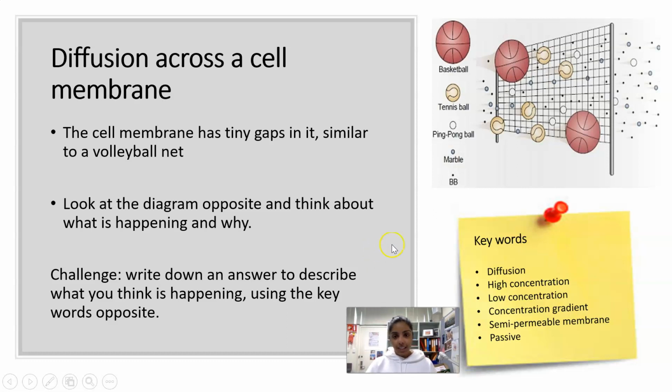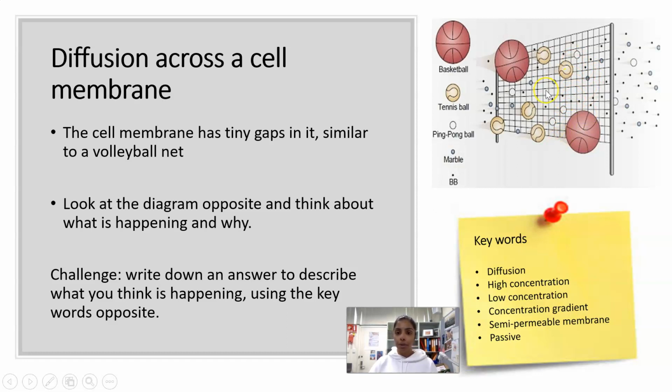So what we can see is this is modeling diffusion. Diffusion is the movement of particles from an area of high concentration to an area of lower concentration down a concentration gradient. This process is passive. That means that it doesn't require any energy. It just happens passively. And only small molecules can pass through because the membrane represented by the volleyball net here